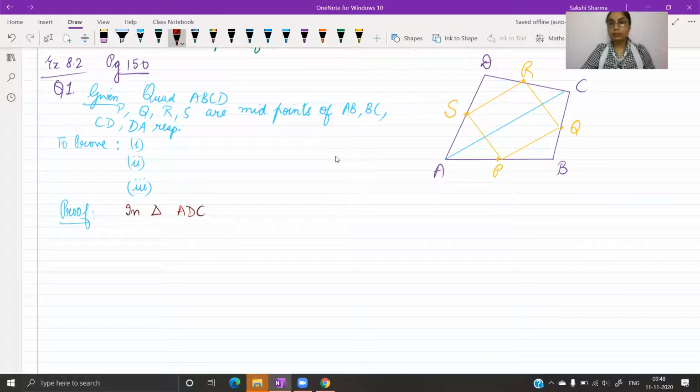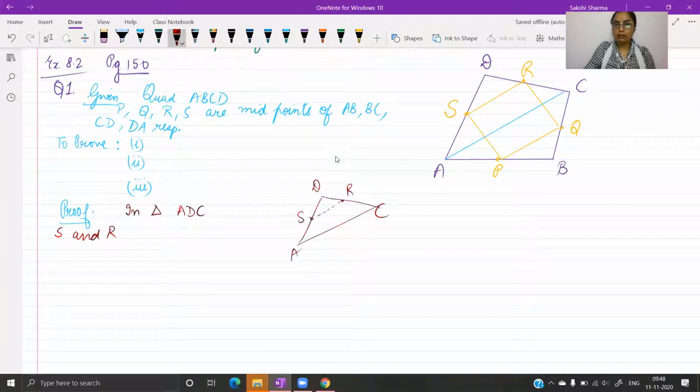Since the first result is about SR and SR is in triangle ADC, I'm starting with that triangle and I'm going to write down the way I had written your midpoint theorem when I discussed that with you. So if you want, you can draw this triangle right here so that it makes sense what I'm writing down. I've got midpoints S and R, and the line segment that joins these two will be parallel to the third side. So this is the way I'm going to write down. You could write down directly SR is parallel to AC and SR will be equal to half of AC, or you can write the way I'm going to write down.